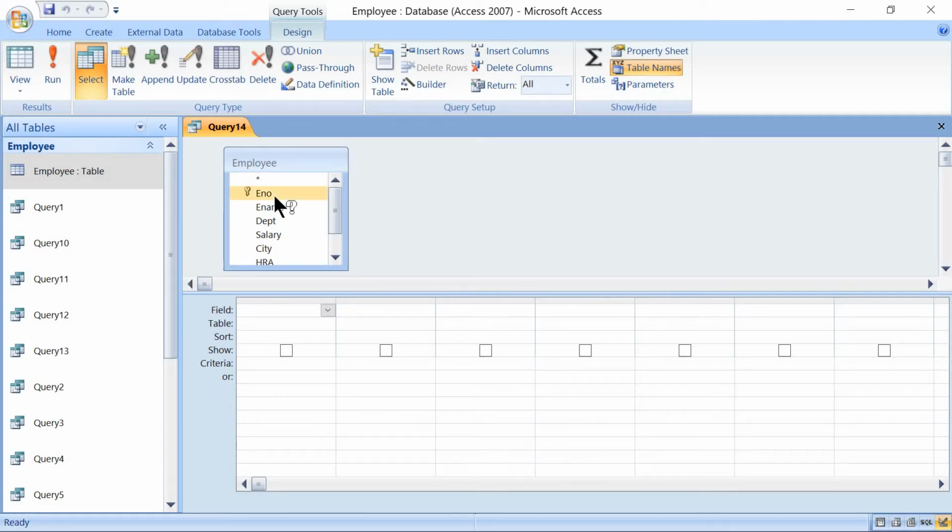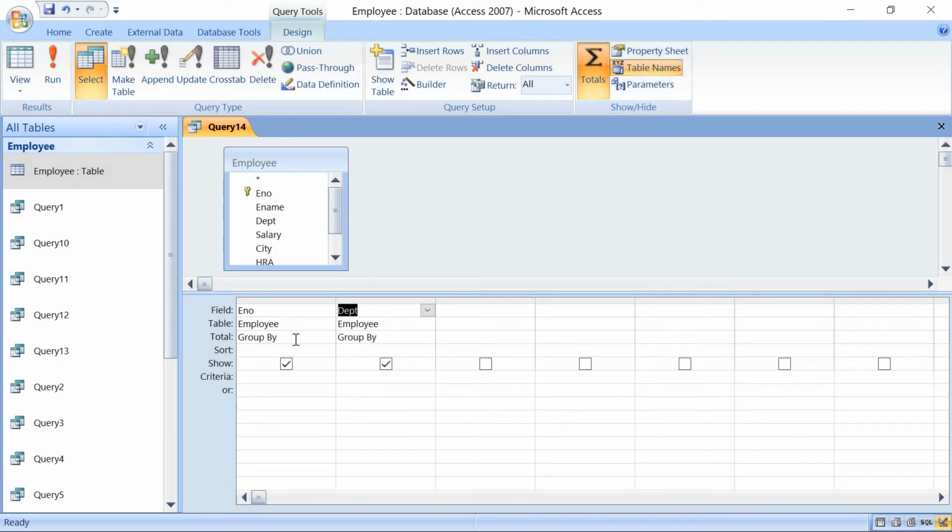For this we will be taking one employee number where a count will be displayed, the other one where we have the criteria. Right? Here we have to include one more section that will be totals. Just click on this one. This will come down here. And here we will be having list of functions. Right now we have to select count. We have average, minimum, maximum, count, standard deviation, first record, last record and all. Many are available here. But right now we have to just count here.